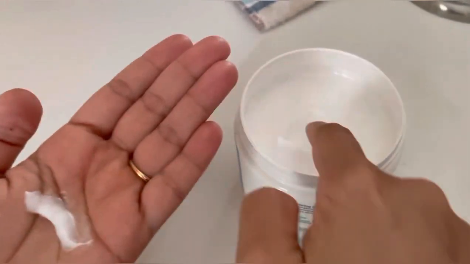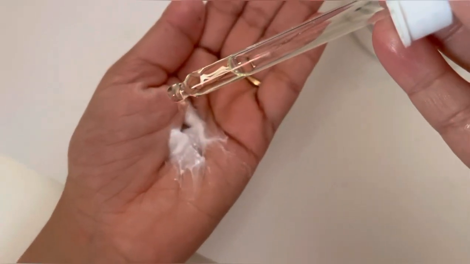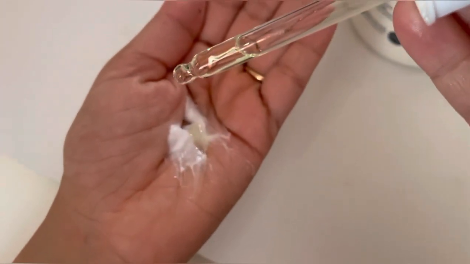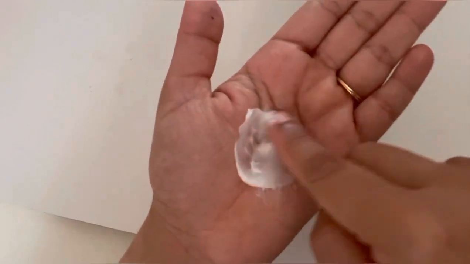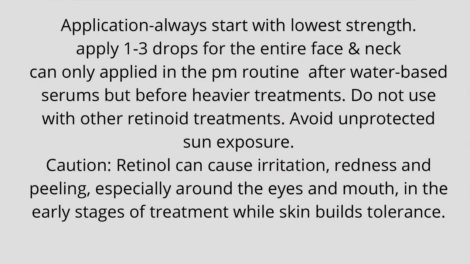And if you are new to retinol or retinoids, in some people it may cause redness or irritation. In that case, instead of applying directly, you can mix it with the moisturizer. Take the moisturizer and mix it with 2 to 3 drops of retinol. Mix it well and apply it all over the face. So just start in this way and check how it goes. If the skin tolerance level is okay for you, then start applying directly.